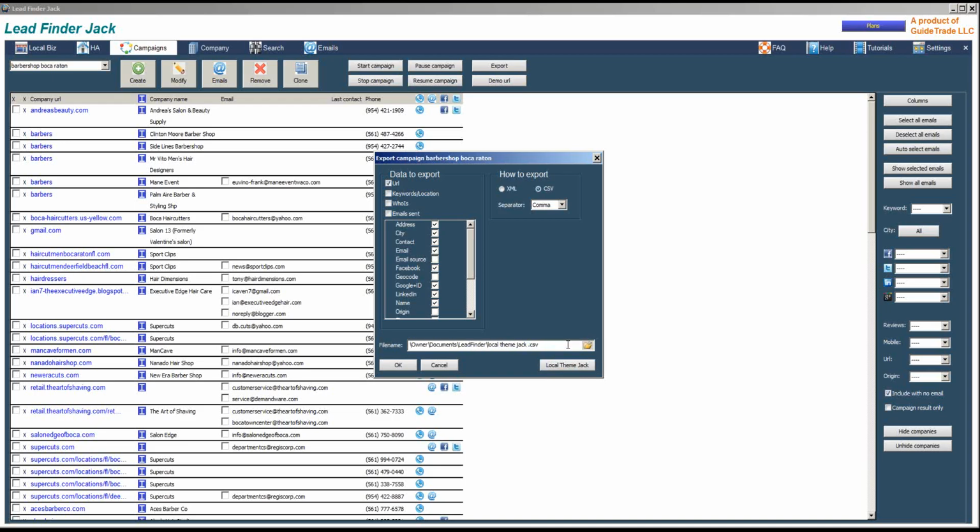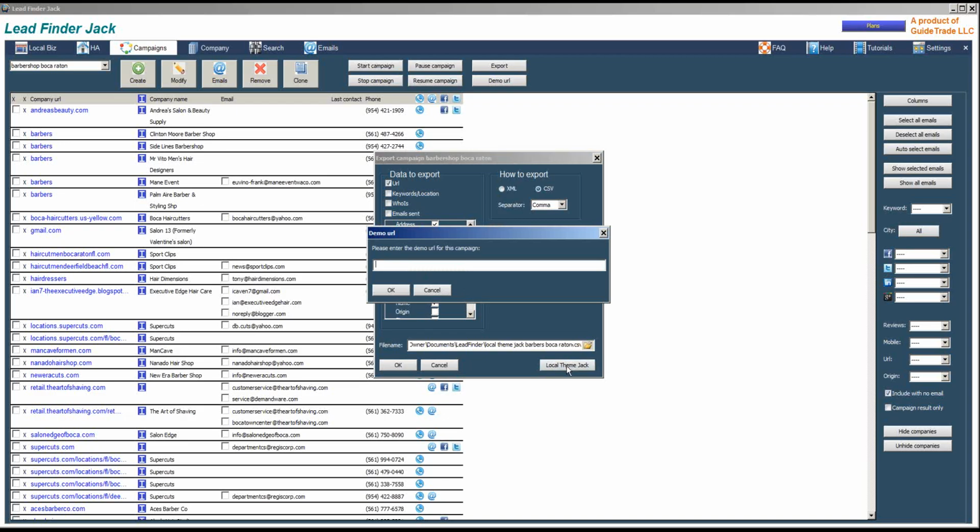plumbers, barbers, Boca Raton. Okay, and click on local team Jack, and now it's going to ask me which demo URL we need to use, because you connect Lead Finder Jack with the team, with local team Jack. So I'm going back to the barbershop,